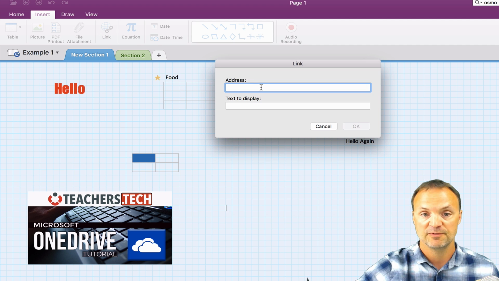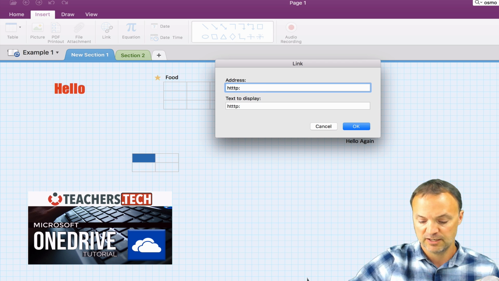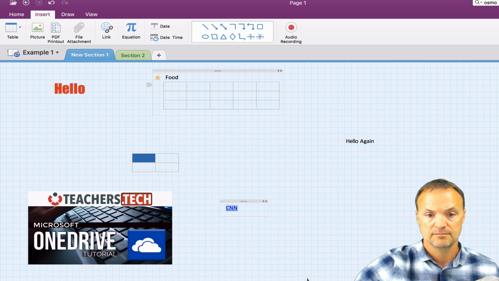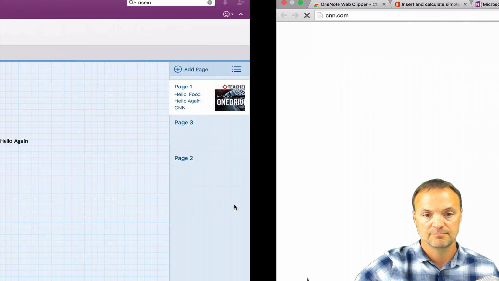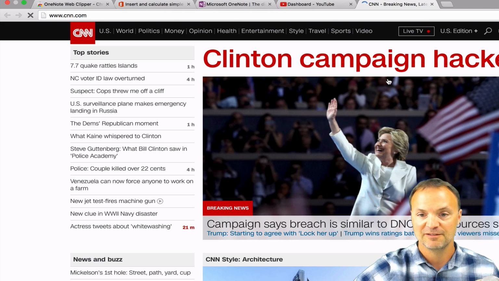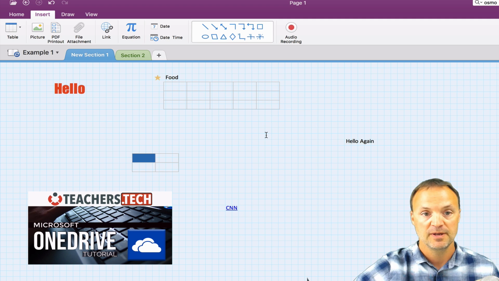This is what I was talking about before. So if I gave the example of saying, let's say the address was HTTP, make a short one, CNN is short. Oh, I'm just terrible at typing right now. Like so. I forgot, I don't even have to type the HTTP. I forgot about that. Okay, going back to it. So where was I now? Okay, so